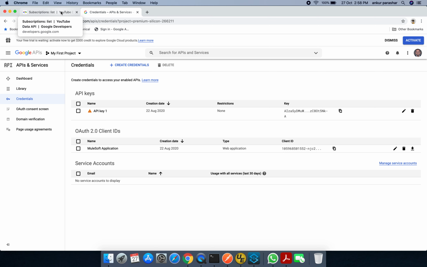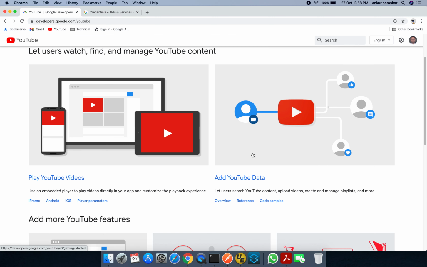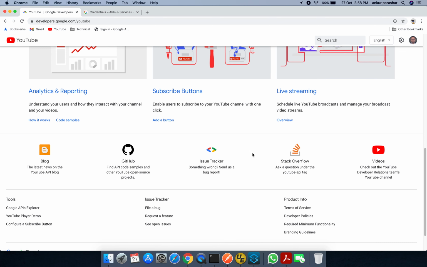One more thing before we go to our Anypoint Studio. This page of developers.google.com YouTube v3 is very handy in case you want to explore the different data APIs of YouTube. Apart from the data API, it gives several other APIs as well, like subscribe button, analytics, and all the other stuff.